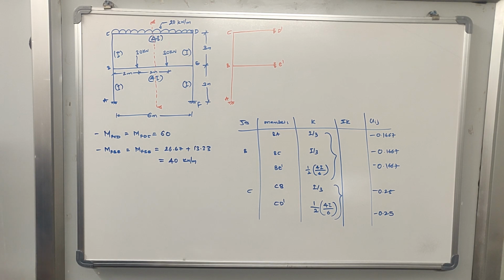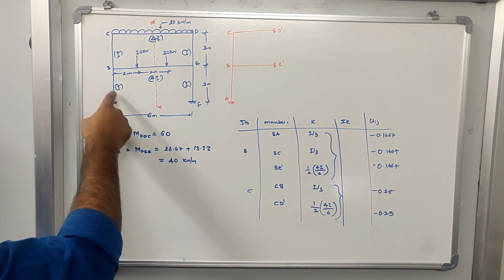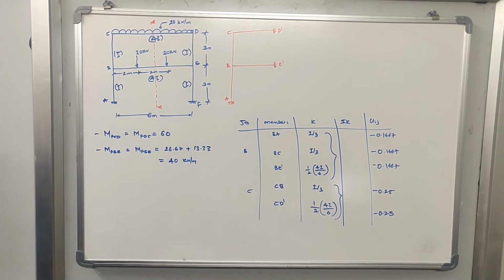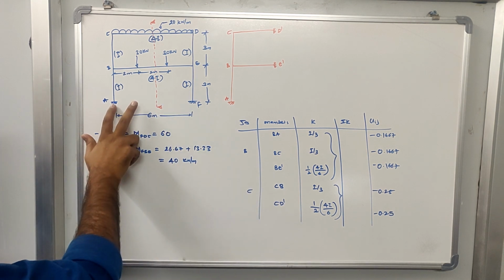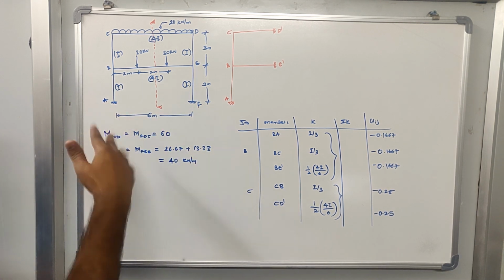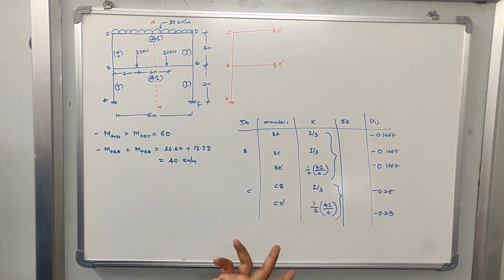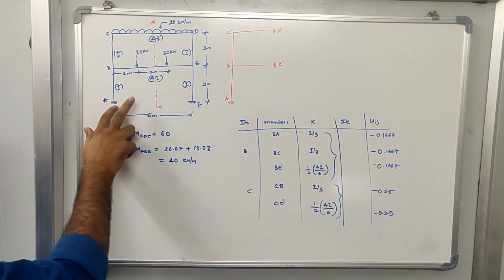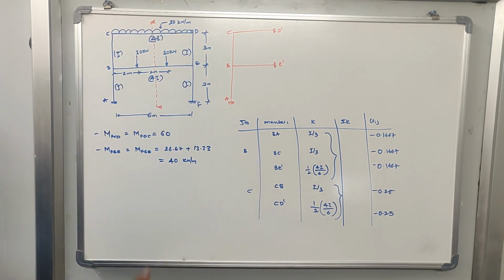Okay, now going with the section. If you observe the section of columns, the section of all the columns is I itself. So there is no variation in the section also, and again this will not sway. Lastly, we must look at the support conditions we have. If the support conditions of A and F were different, then there would have been a sway. Now you can see A and F are both symmetric in nature, both are the same. It's a fixed support at A and at F also it's a fixed support, hence this frame will not sway.